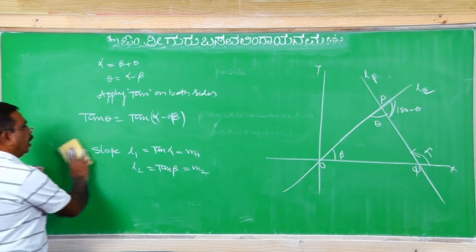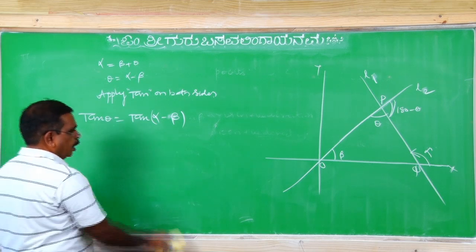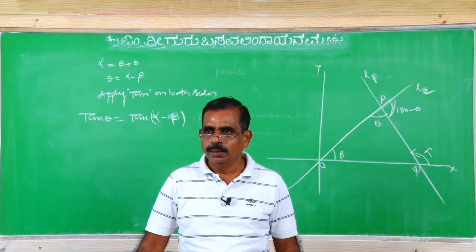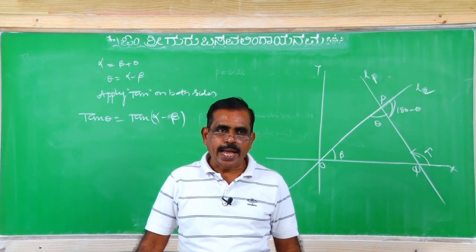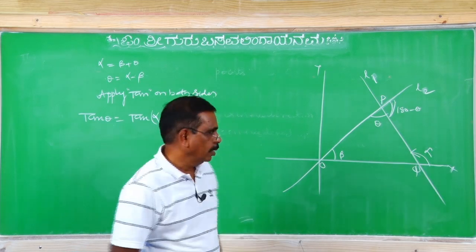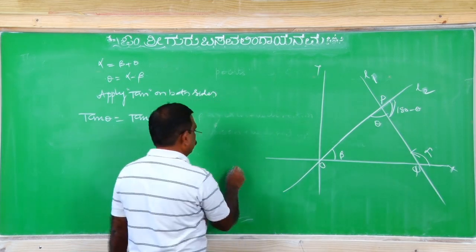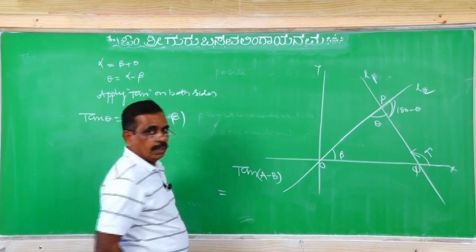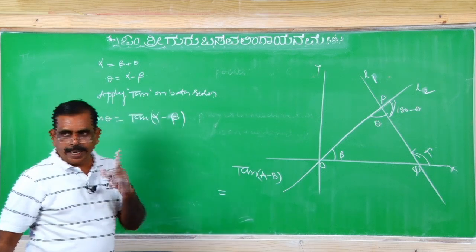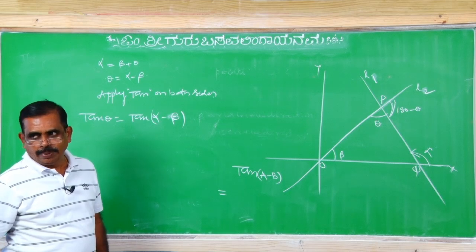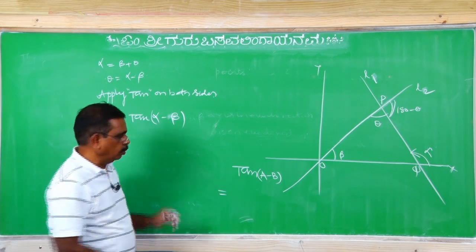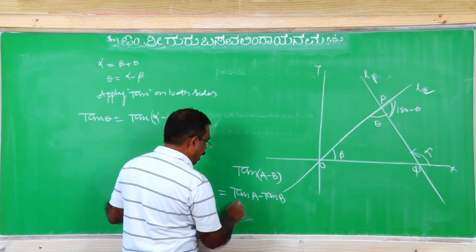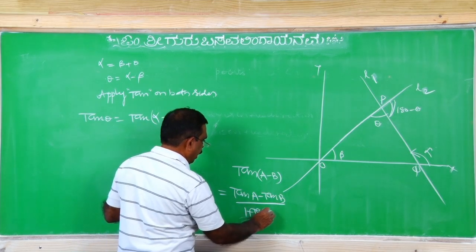Okay, now what is the formula for this? Tan alpha minus beta. Tan A minus B rule is what? Do you know or not? Tomorrow you will tell her. Tan A minus B. Very good. Tell me. Here he is saying tan square A minus tan square B. Tan A minus B is equal to tan A minus tan B by 1 plus tan A tan B.